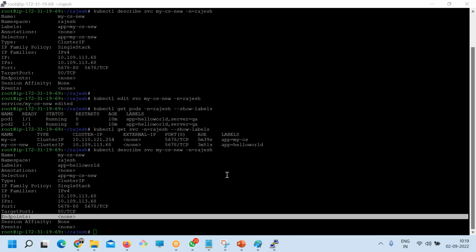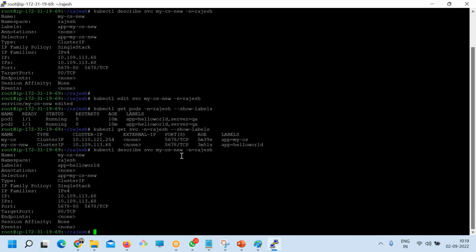I think it should match both the labels so that it is able to fetch. So guys, did you understand that? It needs to match both the labels, I think, so that it can connect to that pod.